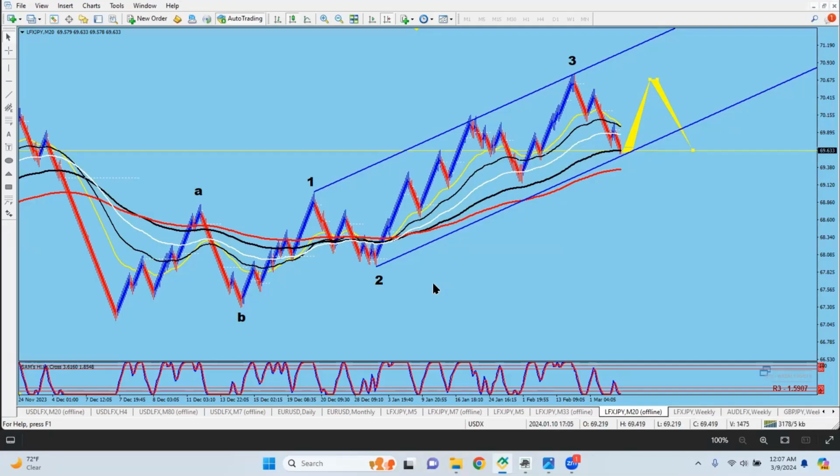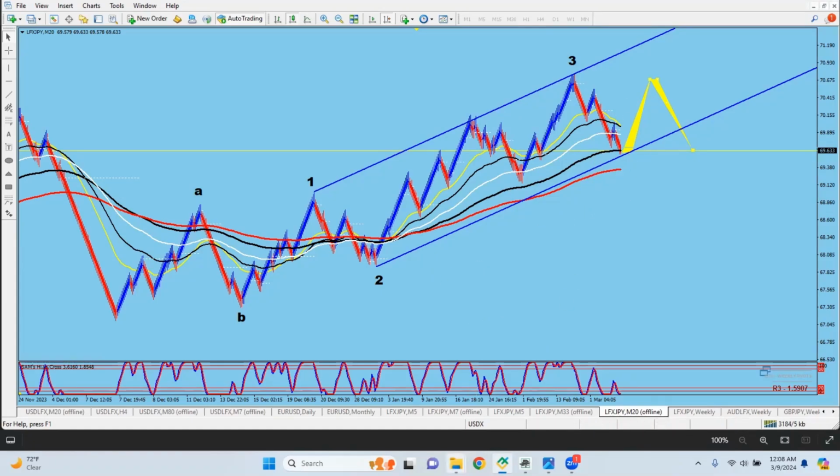It takes time. See this white dotted line? That is 1 day. So look how many days, maybe a couple of weeks, before it went from here to here. So if you understand that, okay, this is wave 3 going on, then that's it. You have good trades coming in for a couple of weeks, easy. So now,